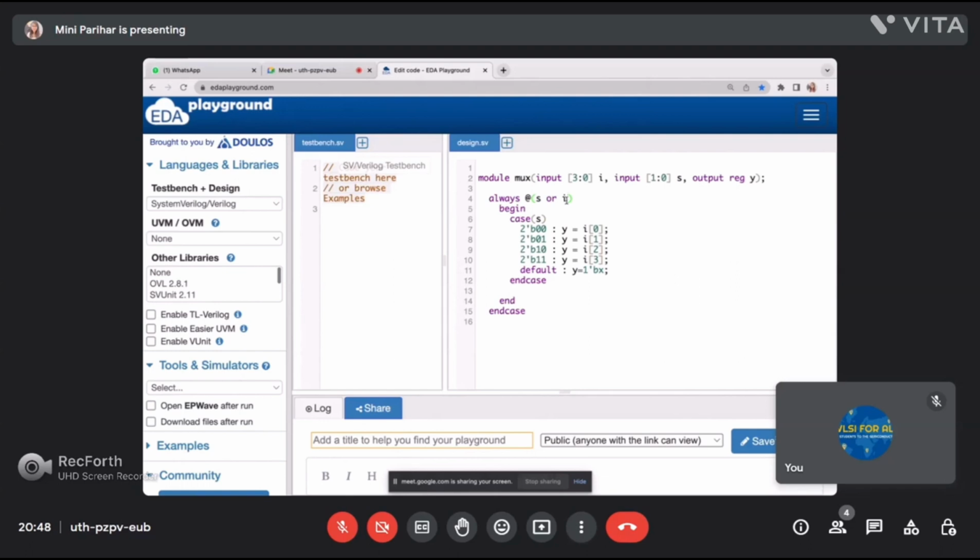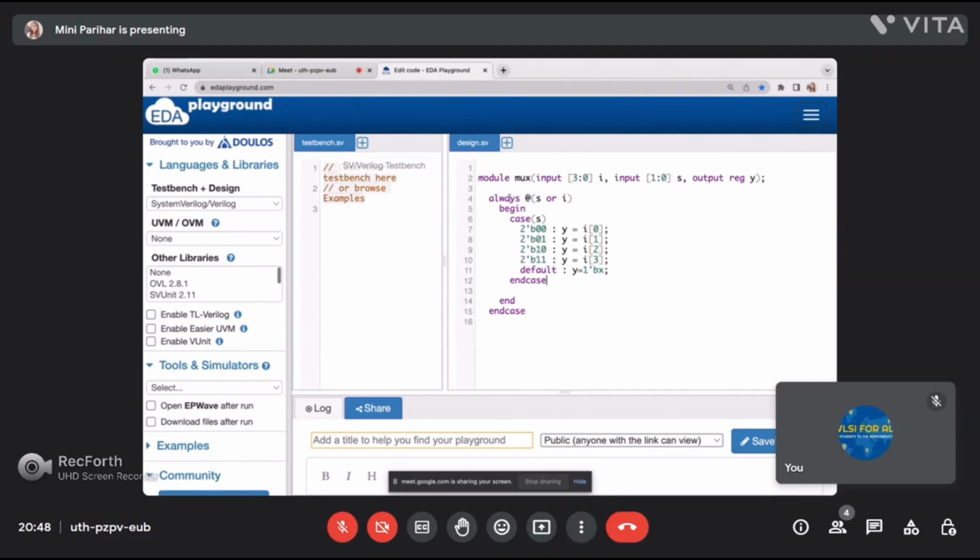If you miss writing S, then what will happen? The statement in it will never execute, as it totally depends on S. Whenever S changes, we get the output as the input. It will be triggered, but the case statement will not execute at that time, so we are not going to have any value.